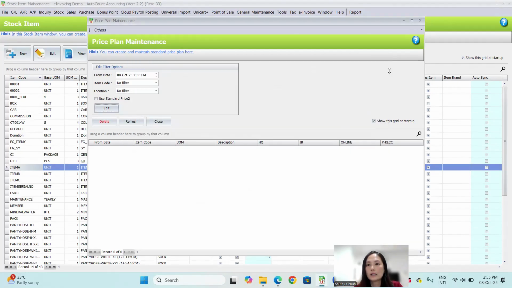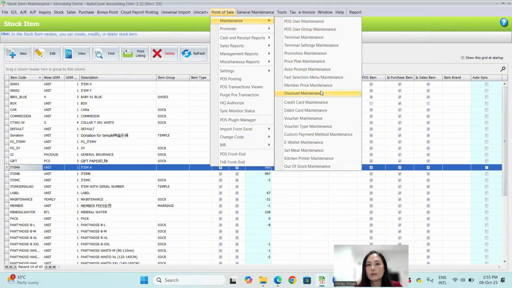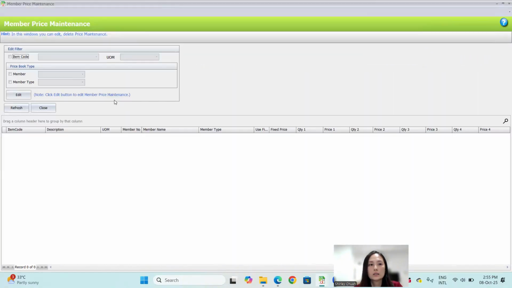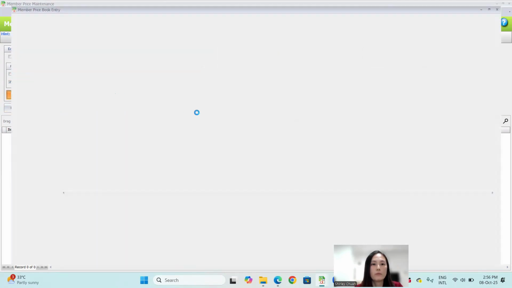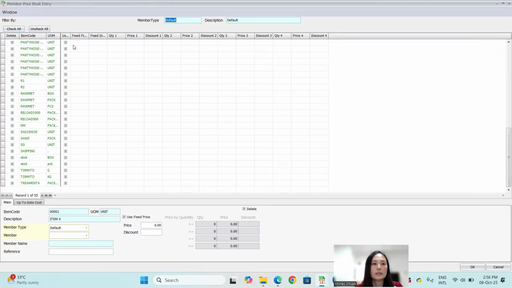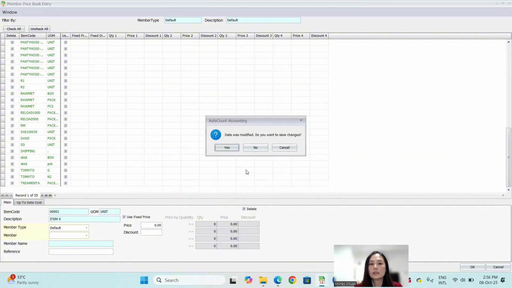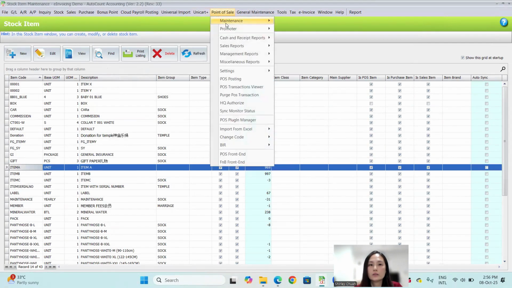Then the other way to set the price, you can also have a member price here. You can preset which item, or no, I don't want to select item. You just select, I want this category of member, and all of this category of member will have this price. Then you just set the price for the whole item listing here. Then the other thing is the